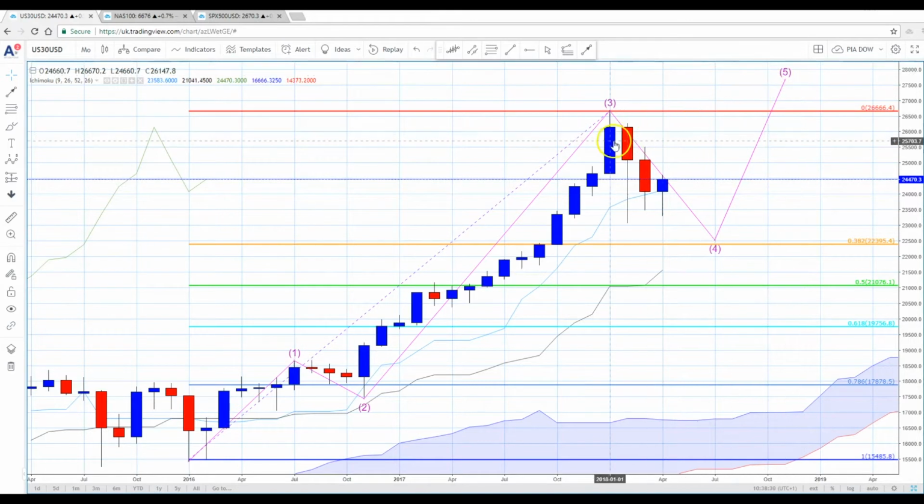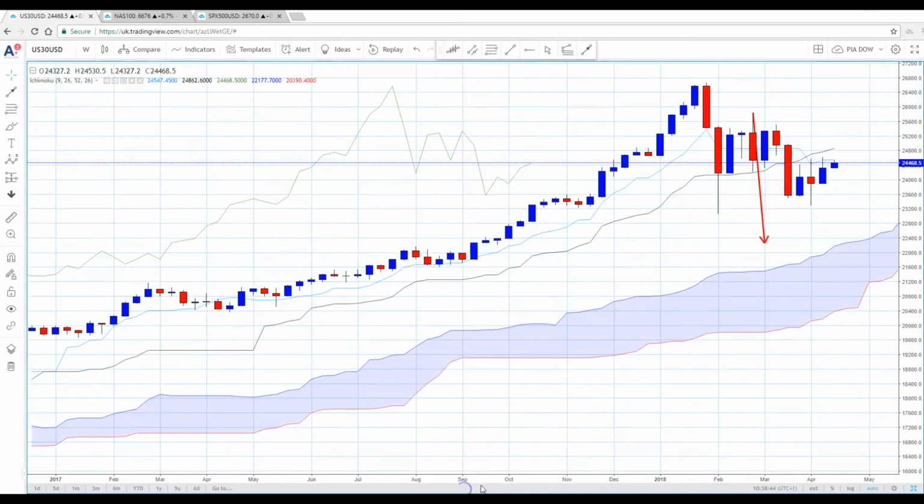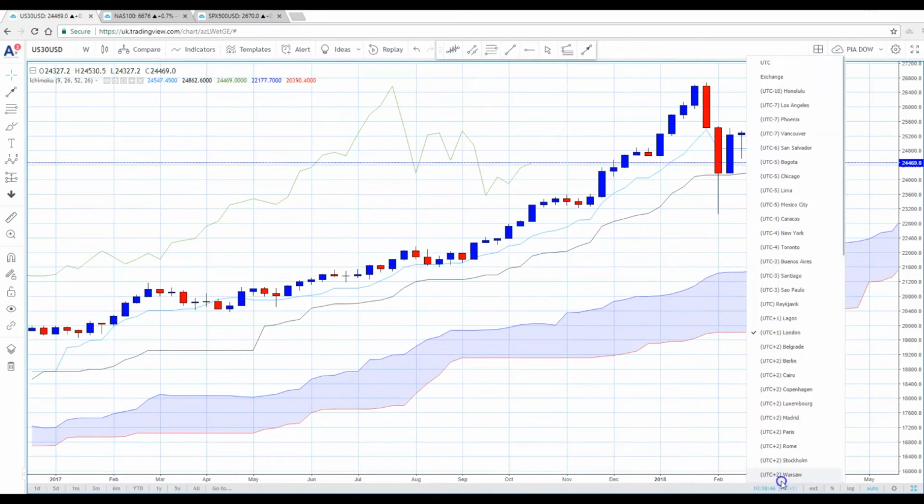Now, from a candlestick perspective, I'd also like to highlight the hanging man candle. This is a very negative candle, which commonly leads to further downside, which we've seen over the past couple of months. Now we'll drill down to the weekly chart,